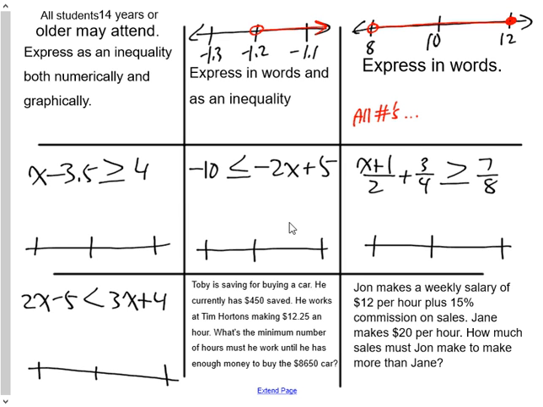Okay, this is 9 questions from chapter 9, your last 9-question review that you'll have for this chapter for your test. So the 9 questions are fairly simple, I think. The first question